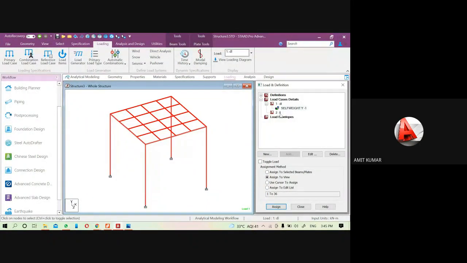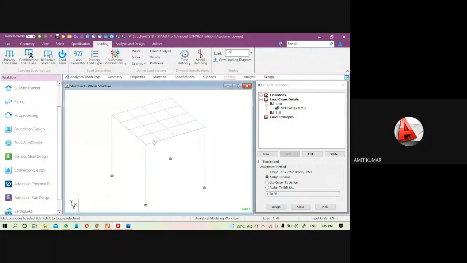No need to use the formula to calculate the weight of the slab, that is, slab thickness multiplied by the unit weight of concrete, because through the self weight, the weight of the slab is also assigned. Here we have the plate in physical form, that's why through the self weight, the weight of the plate has been defined and assigned.